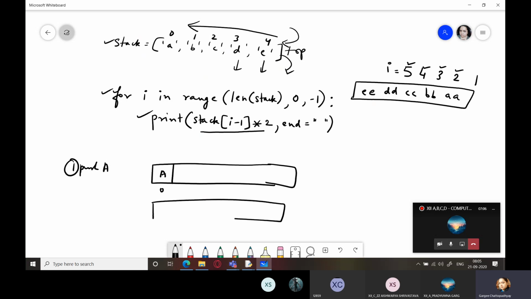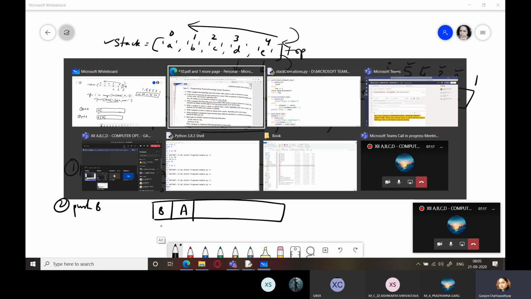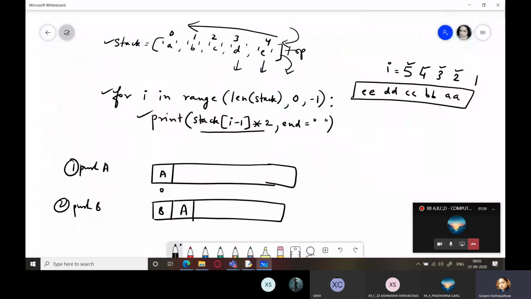Next time if I write push B, so top is always maintained. So you can see over here, top always remains at 0.